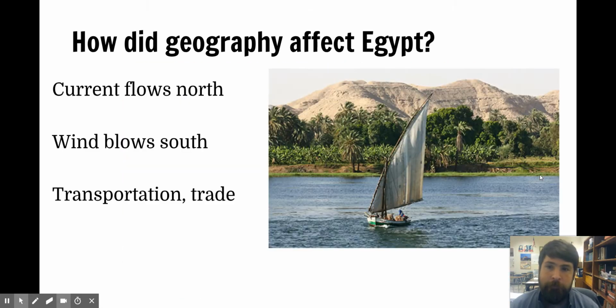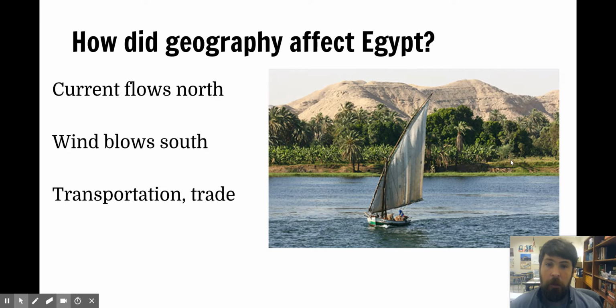They're different. Another important aspect of the Nile River that helped ancient Egypt was that the current flows north towards the Mediterranean Sea, and the wind blows south away from the sea. And this facilitated transportation on the Nile River and also trade. So because the current flows one way, you can open up your sail and let the wind blow you south, and then when you want to go back up, you can put your sail down and allow the current to pull you back up to the north. And that again helped to unify Egypt, which is very different from the Tigris and Euphrates